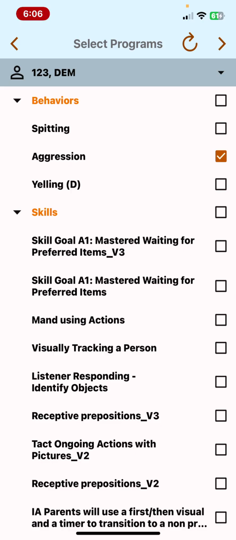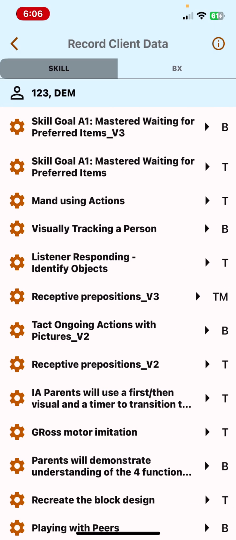You can select certain ones to bring them in and just collect data on those. Or if you would like to bring all of them in, you click that box to the right of behaviors and to the right of skills, and it selects everything. Next, you're going to click that arrow at the top right, and it brings you to the screen where you